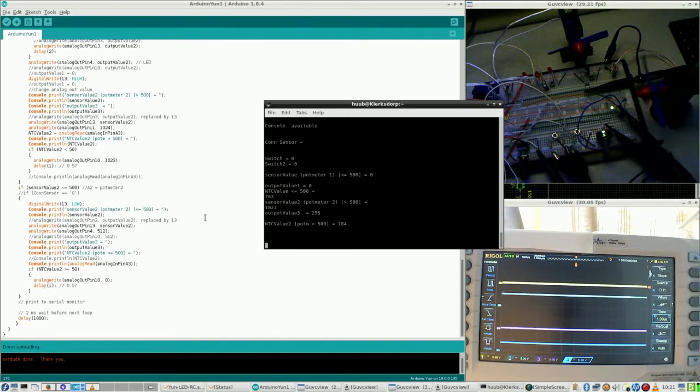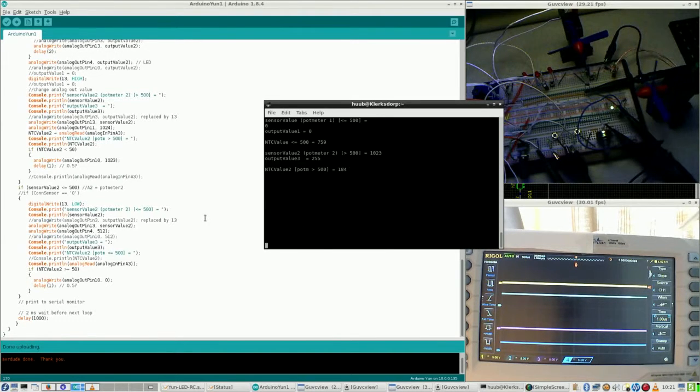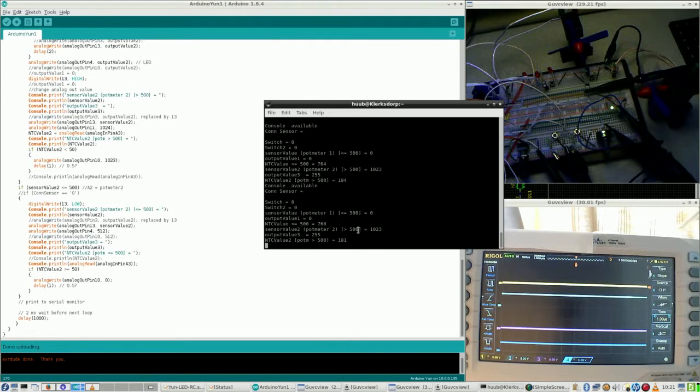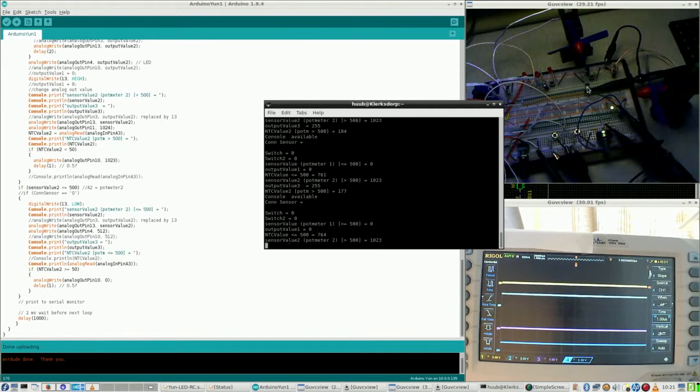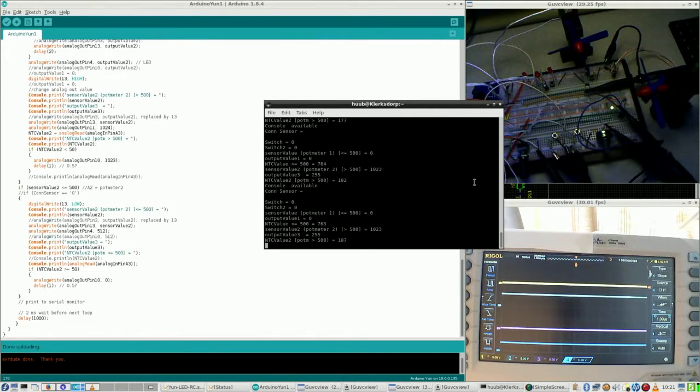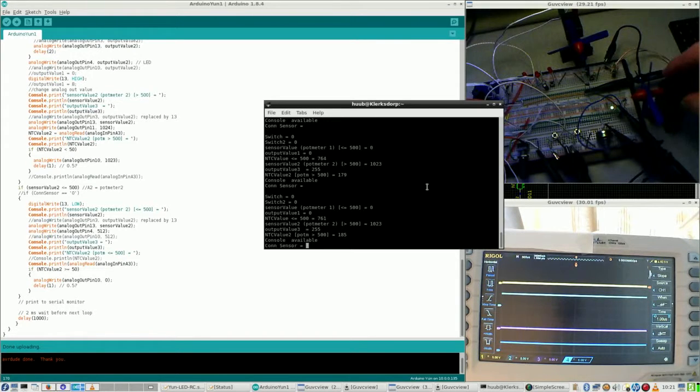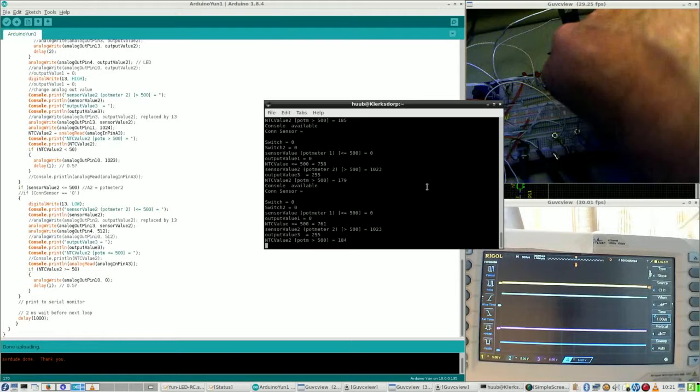And that brings the following. Now in rest you expect a high value, but contrary to this one, if I touch it,